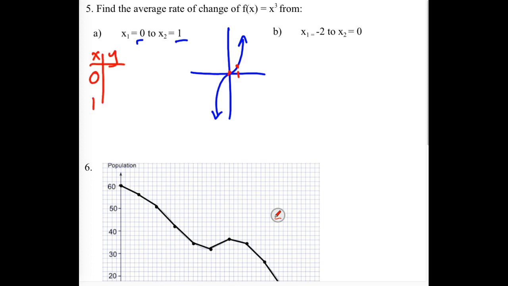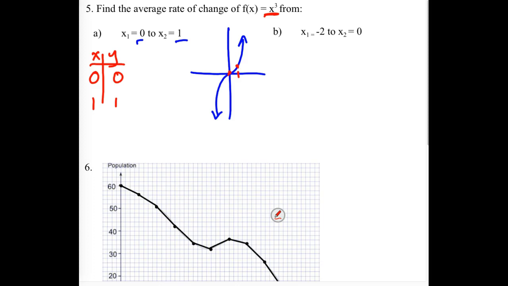We have 2 x values given, a 0 and a 1. What would the y coordinates be? If I put a 0 into this function, x cubed, what do I get out? A 0. What do I get out if I put a 1 in? 1. So now if I'm calculating my slope, my rate of change between these 2 points, I need the